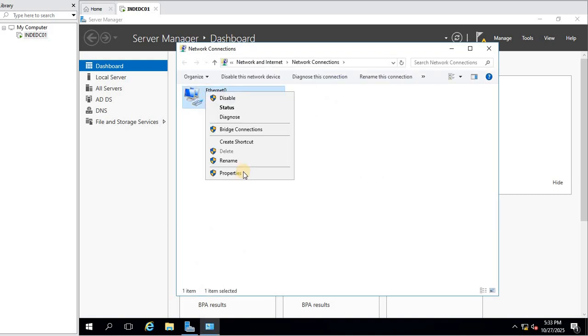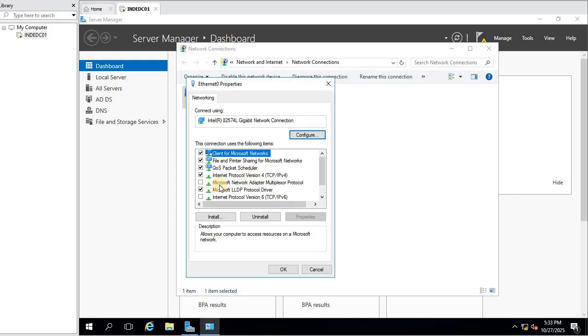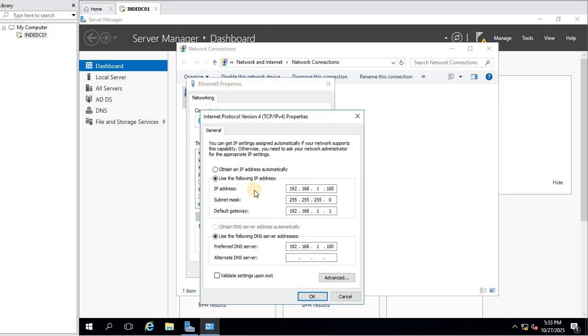So we can see here ncpa.cpl. We can come here and uncheck this IP version 6 because it is not used mostly. And we can go to IP version 4, come here, and we will set the desired IP. Please remember that